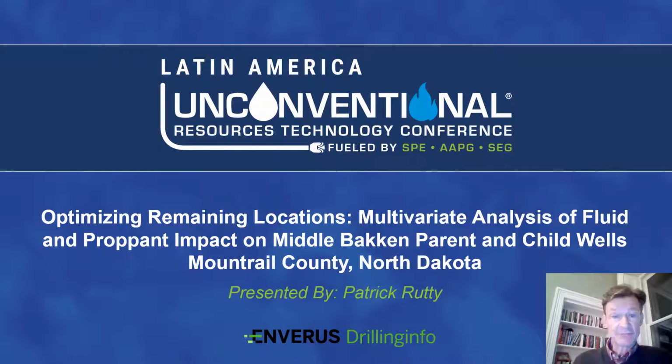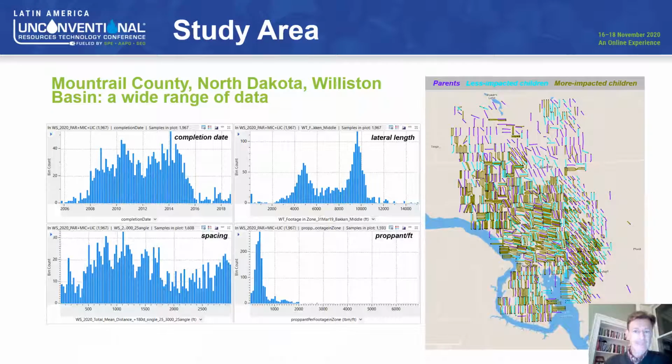I'm based in Edinburgh, Scotland, and I want to talk today about a multivariate analytics study that I did in an area up in the Williston Basin. This is the study area shown in a map on the right. We'll talk about the different colors on the map in a little bit, but basically 1,300 horizontal middle Bakken wells